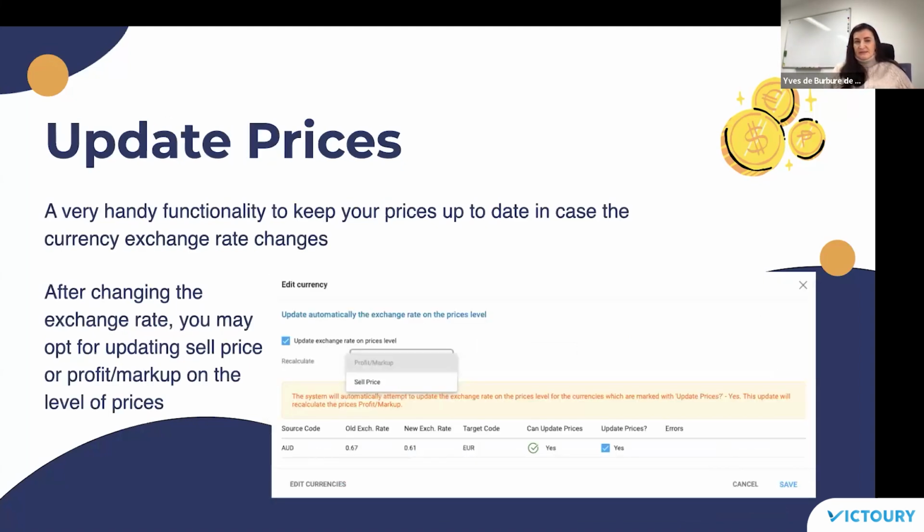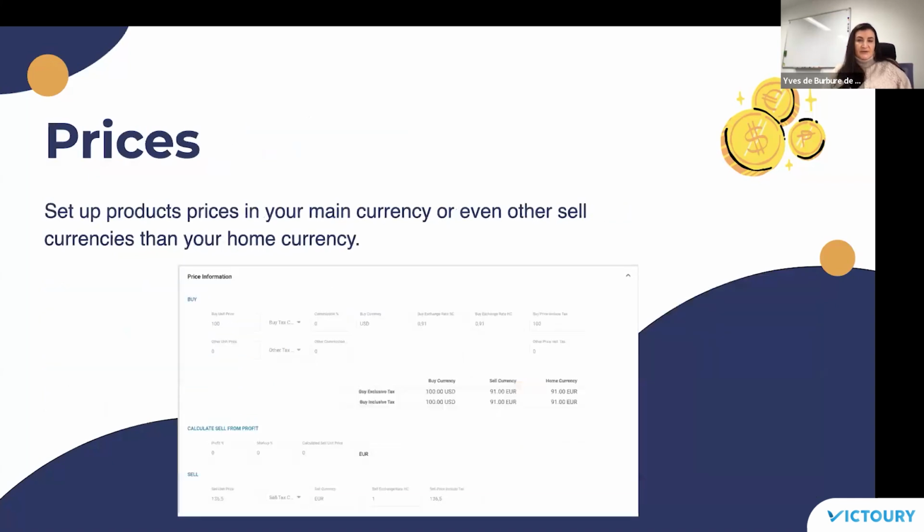Then we will see the updating of the prices, which is a new functionality also. In case the exchange rates of the currencies changes, then we have a very important feature that allows you to quickly update your prices using that currency exchange rate.